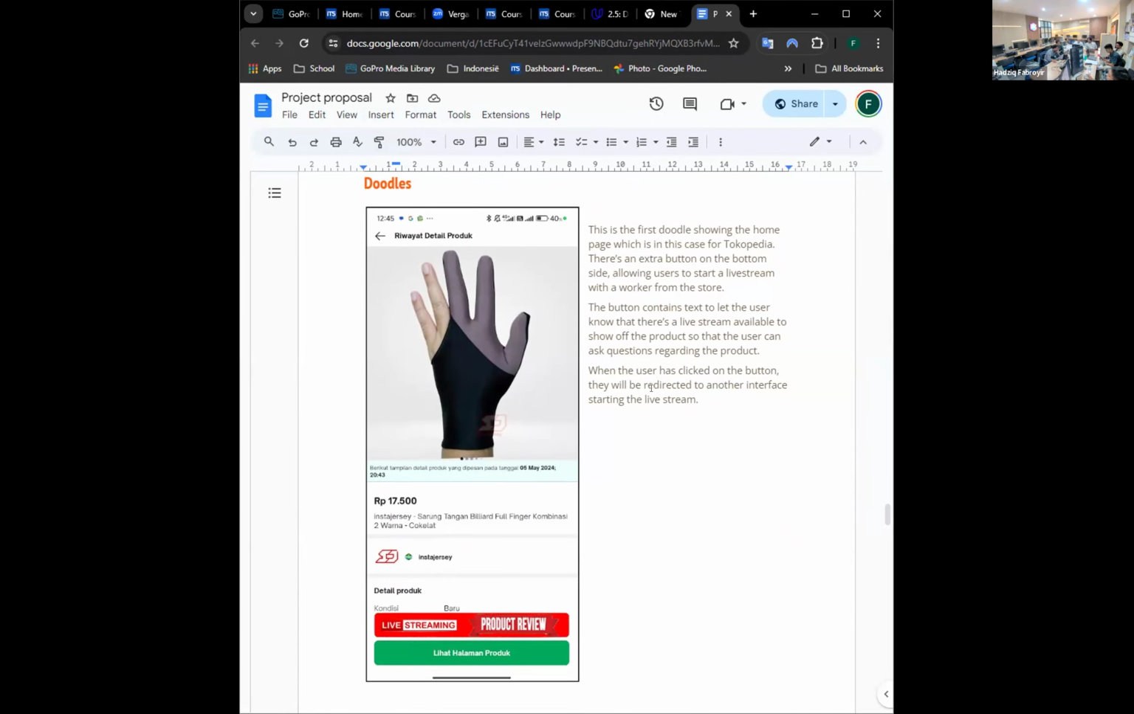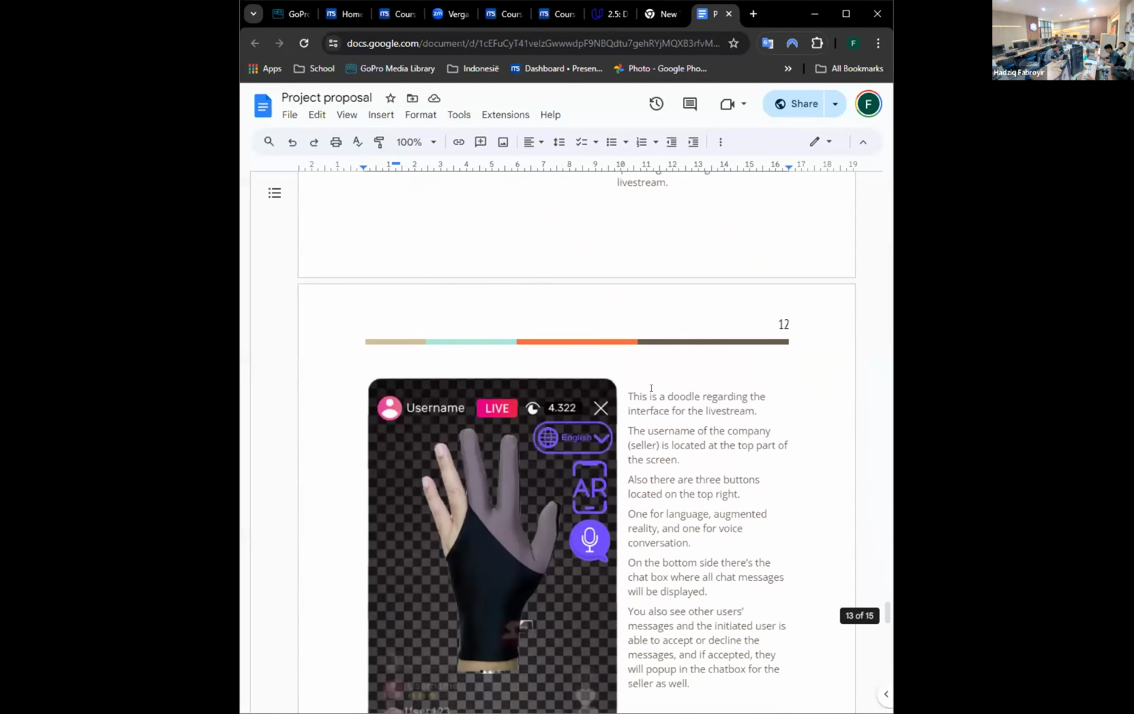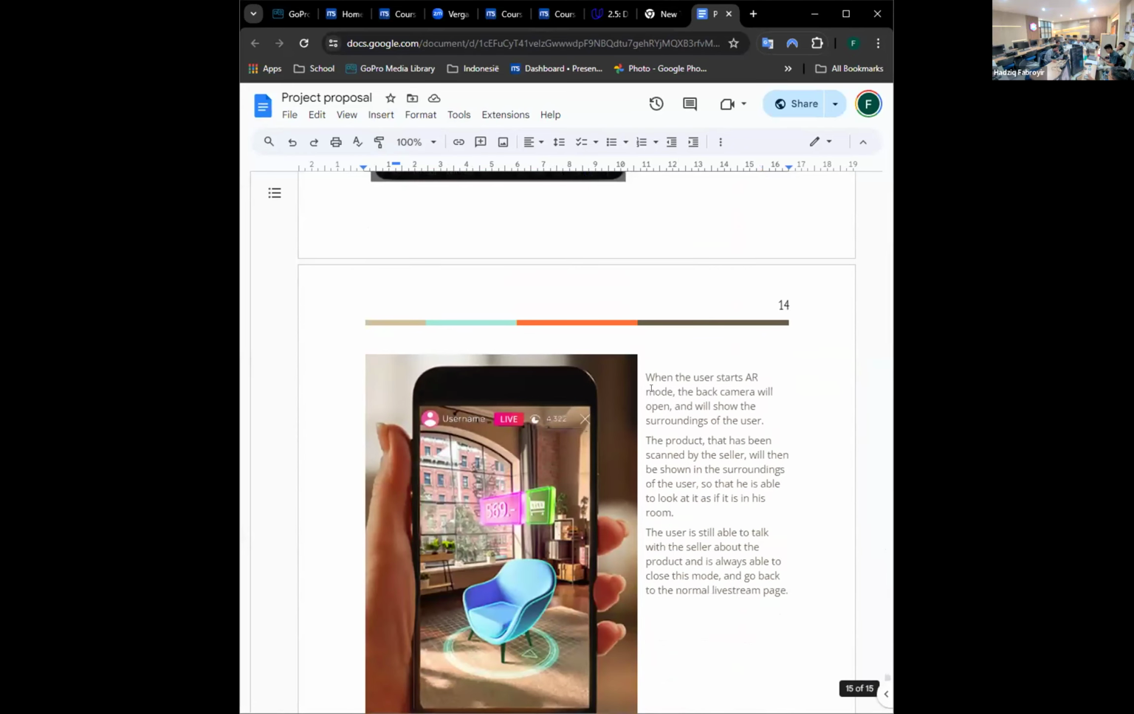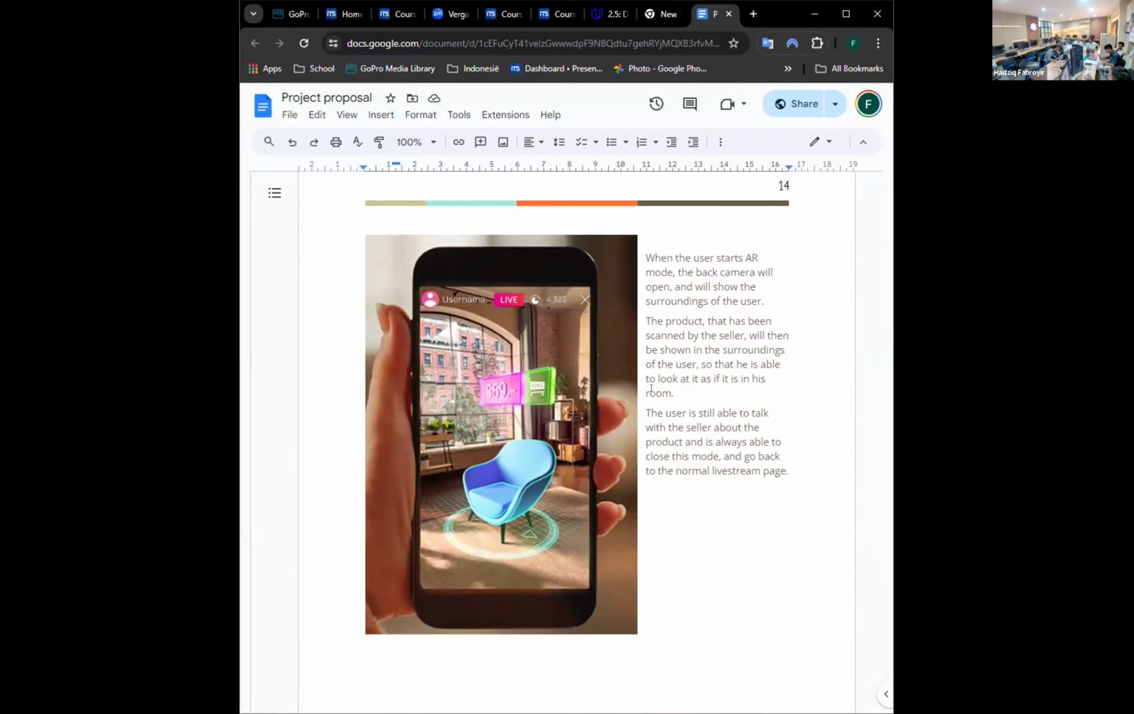Yeah, so from what I heard from the Ninja, we had to change something. We had to change stuff from our proposal, especially the AR stuff. Yeah, we don't really have a real doodle for the AR, but